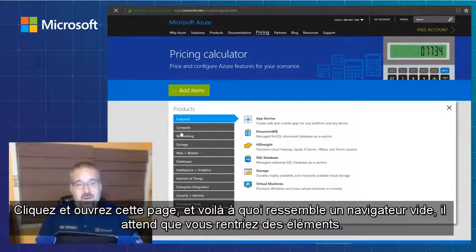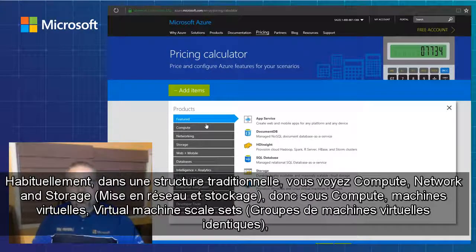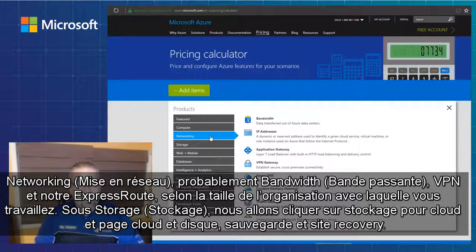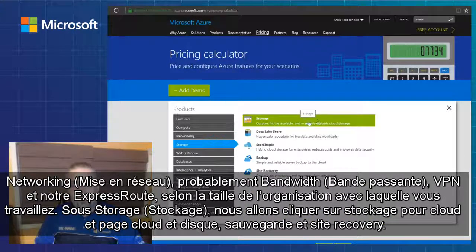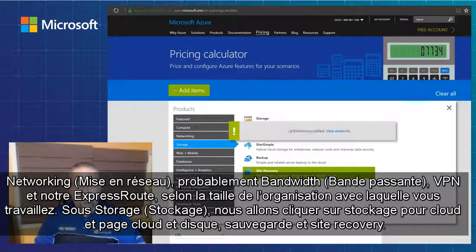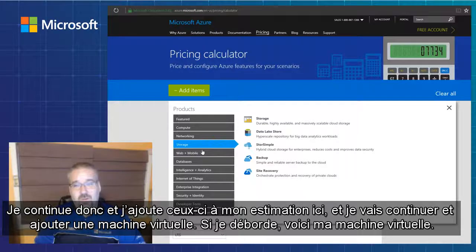And this is what an empty browser looks like. So it's looking for you to add items. Typically in traditional infrastructure, you'd be looking at compute, network, and storage. So under compute, virtual machines, virtual machine scale sets, networking, probably bandwidth, VPN, and our ExpressRoute, depending on the size of the organization you're working with. Under storage, we're going to click on storage for blob or page blob and disk, backup, and site recovery. So I've gone ahead and added those two to my estimate here,